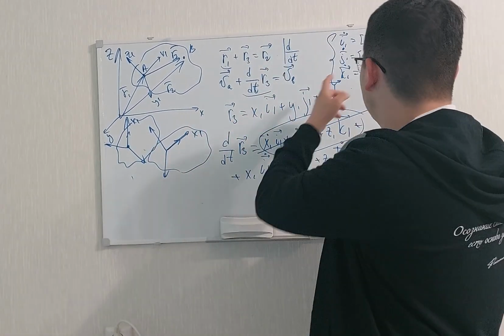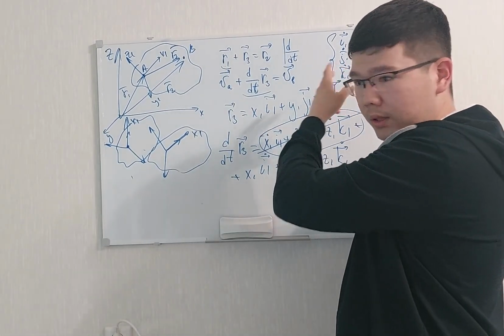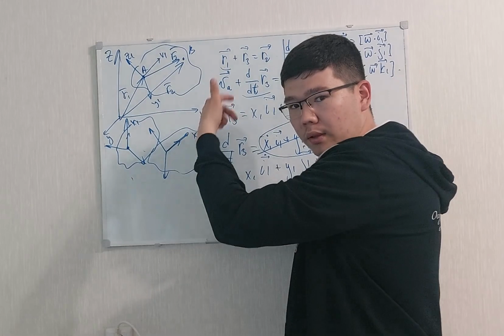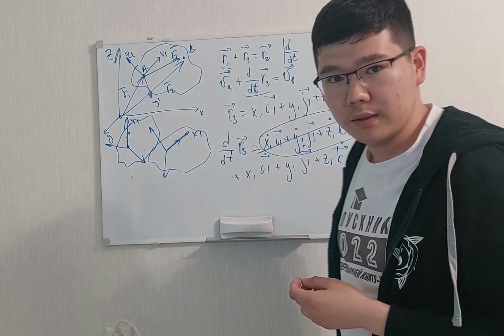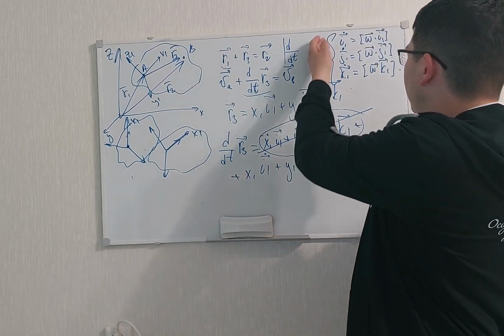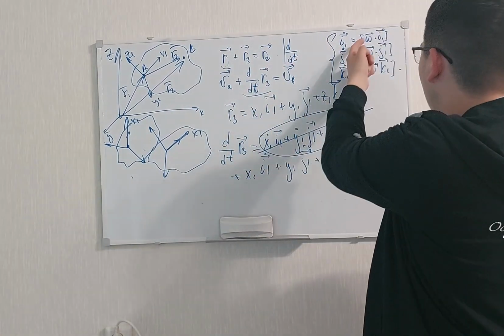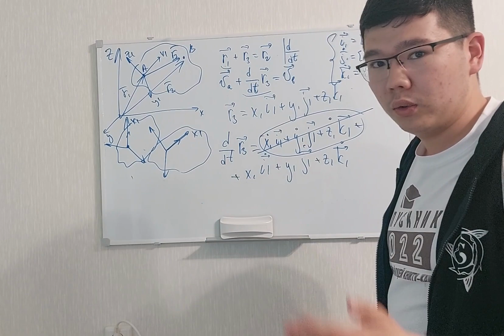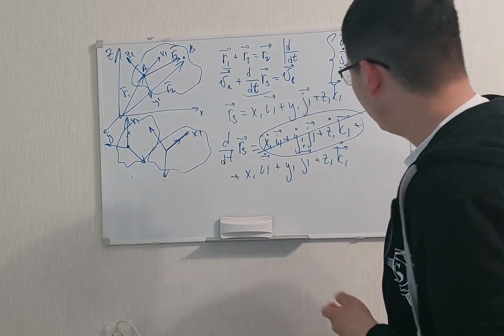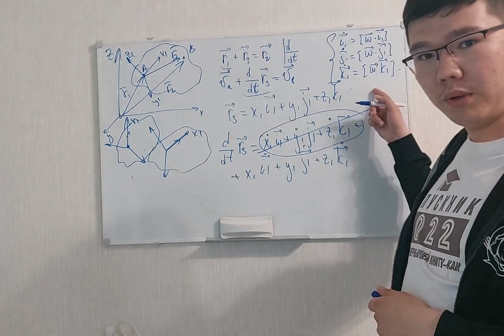So the angular velocity vector is the same for all three basis vectors, and then of course we can say that their derivatives are omega times i1, omega times j1, and omega times k1. It's a very obvious thing. Well, using these formulas which I've written,